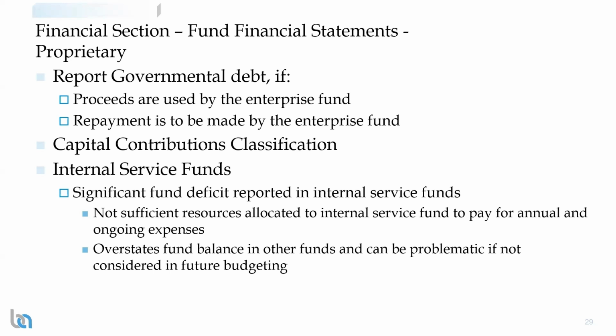It can be problematic. Essentially, it can hide issues in the governmental fund, where in the internal service funds, that's the true expense of an activity. Your premiums for risk management may be $5 million, but you're only charging the general fund $3 million every year. Maybe it's fine for the current year where you can survive. If you keep doing this every year, you're essentially understating expenditures for the general fund, and you're going to create an issue where the general fund runs out of money, and you haven't planned accordingly.